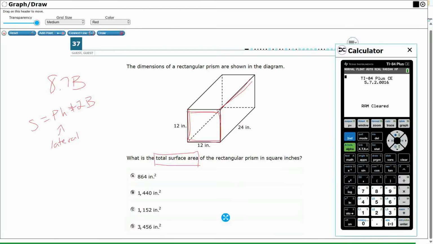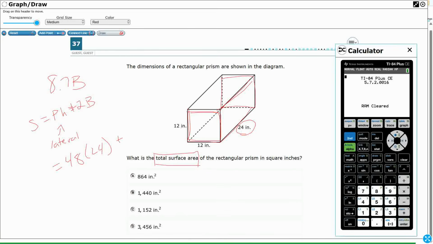So let's get our calculator open. So what is my perimeter? Well, my perimeter, it's a square. Okay, so I've got 12, 12, 12, 12. So it's going to be 48, right? That's my perimeter. My height is 24. It's not lying on one of the bases, but this 24 is what connects the two bases. You're looking for what connects the two bases. So I have my perimeter of 48 because it's 12, 12, 12, 12. I've got a